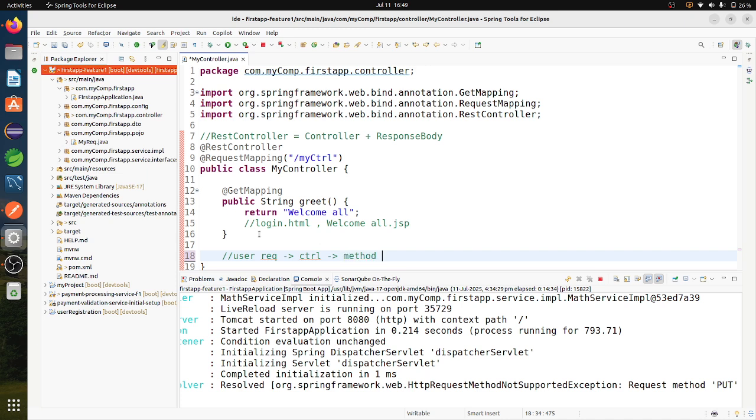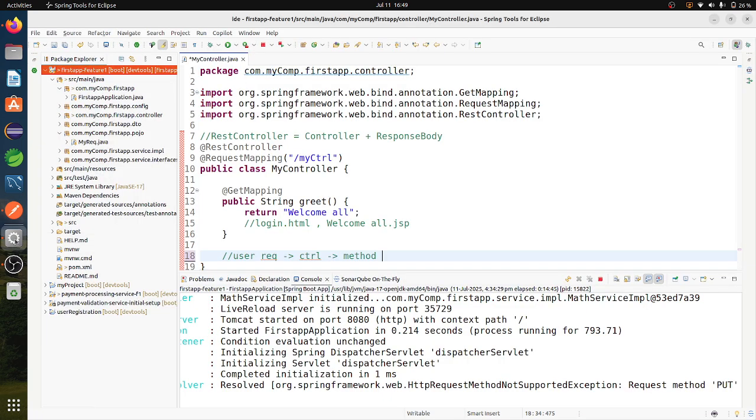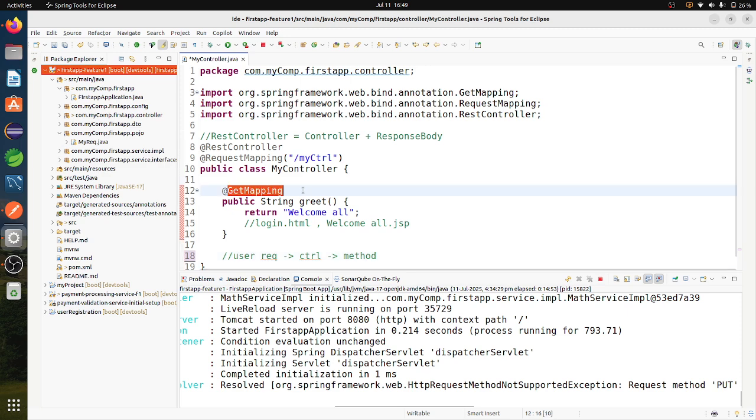Whatever the HTTP method type is, it will map it. If I pass a patch method or a post method, then based on that method type, it will search the mapping.